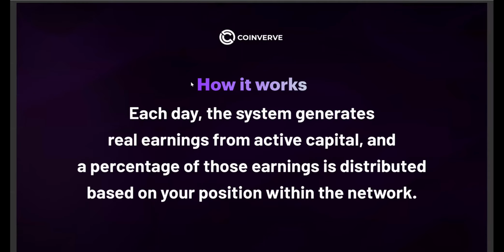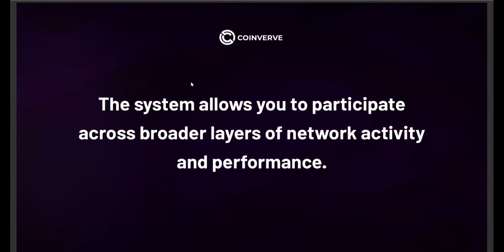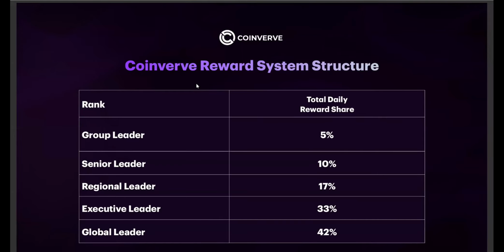Now, beyond individual participation, Coinverve Network also operates through a structured leadership and reward system designed to support long-term network growth. As your network expands and generates more activity, your reward share increases accordingly. The structure begins at the group leader, where you earn 5% from direct network activity. From there, it progresses to senior leader with a 10% total reward share, regional leader with 17%, executive leader with 33%, and finally global leader, where participants can earn up to 42% total reward share across multiple levels of network